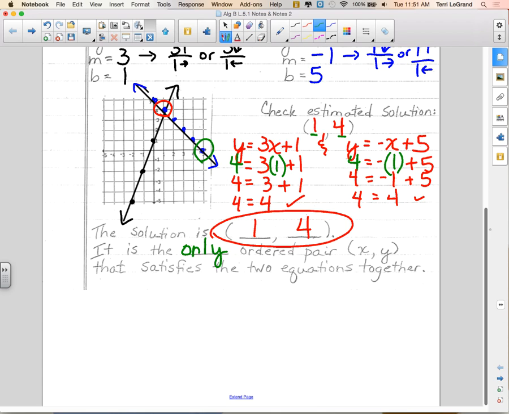Any questions? Just come back to you now. You can get out a sheet of loose leaf paper. That's what you're going to show your